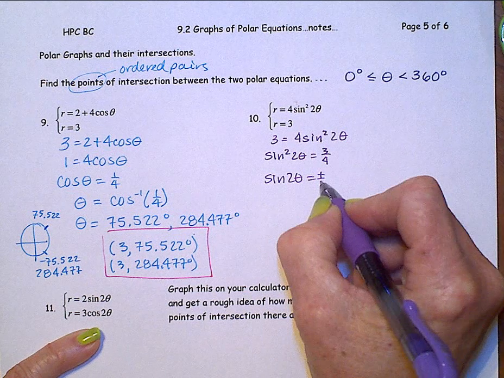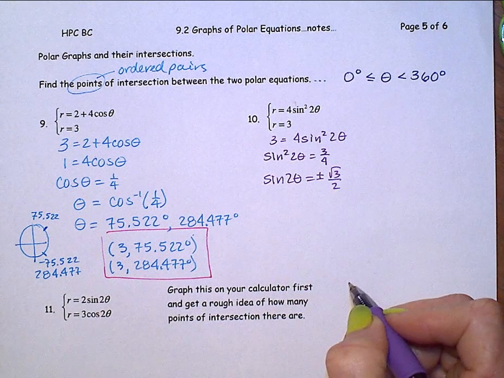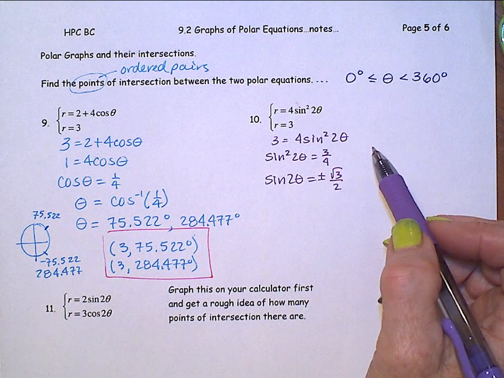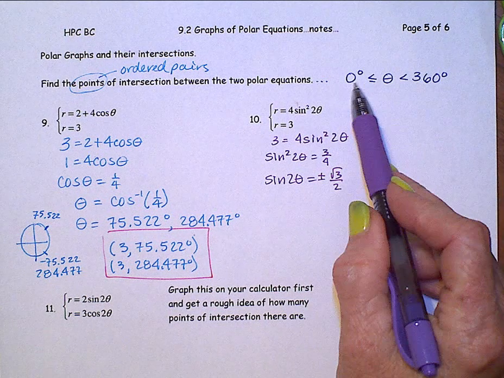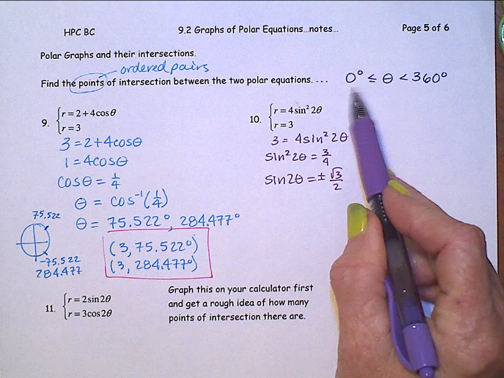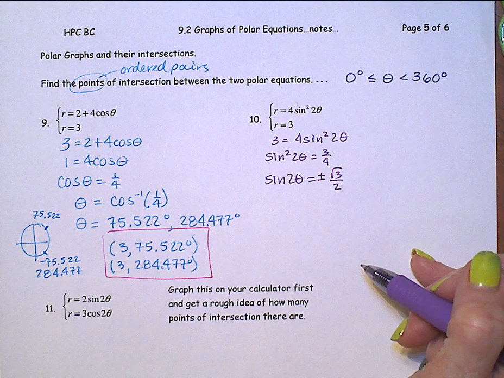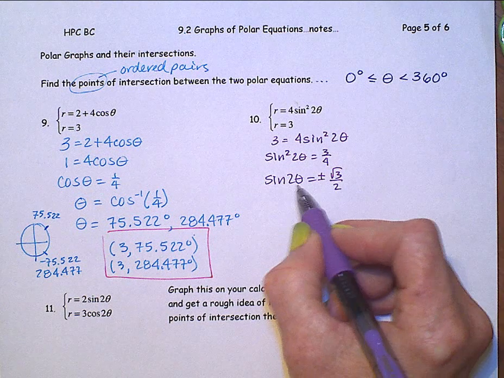Don't forget that plus or minus. Square root 3 over 2. Now again, remember from last chapter, since we just want theta between 0 and 360, this is the time that we want to just loop around the circle and not use the K idea. So solving for 2 theta,